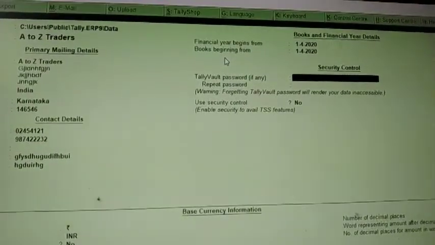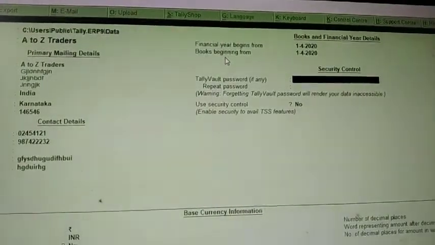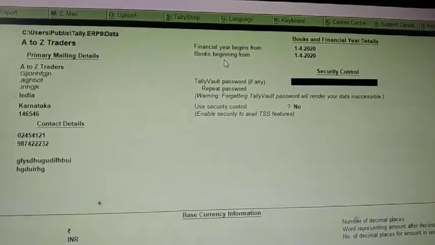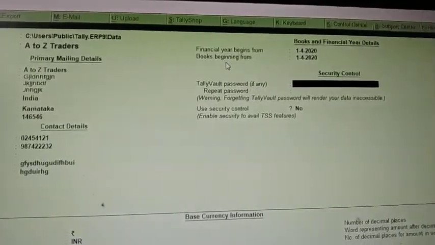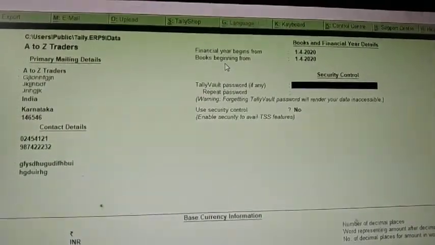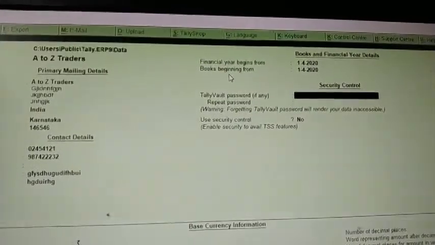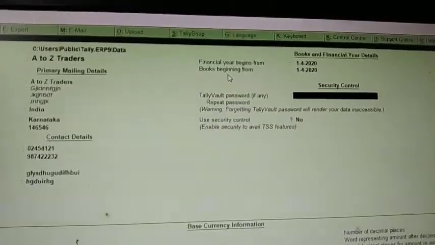Tally Vault password is an enhanced security feature utilized to protect the company's data in an encrypted form by means of a password. If you have to give any password, you may type it over here. Then it will ask to repeat the password.